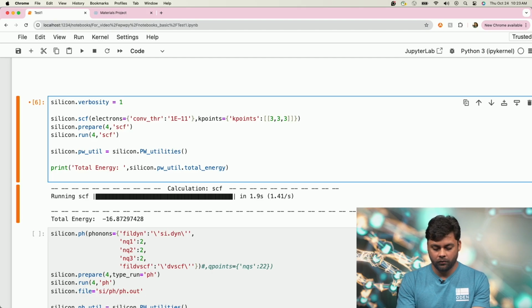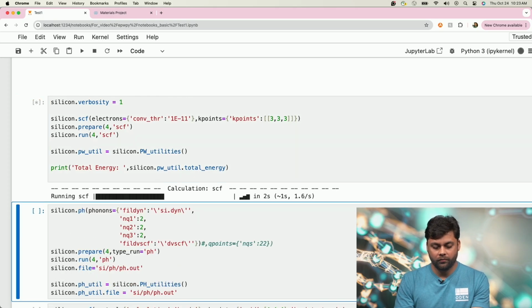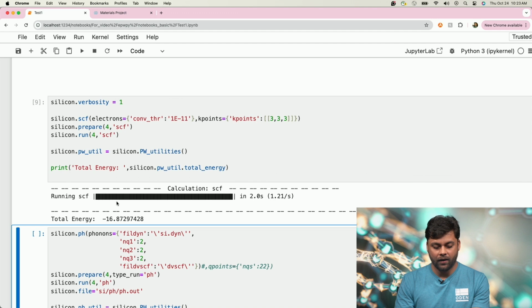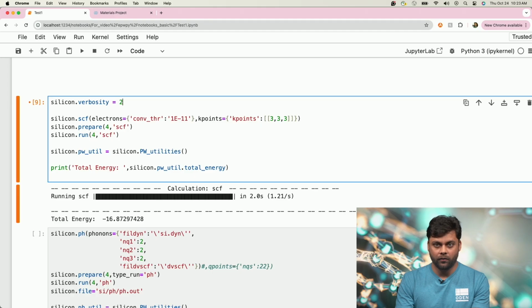equal to 1 or 2 or 3. The default value is 1, which is the lowest level of verbosity, and let us see what it does. So if I do the lowest level of verbosity, I can actually see that the calculation just simply runs. If I do a higher level of verbosity,